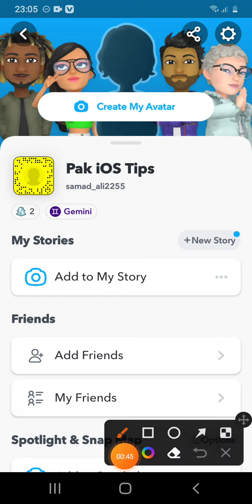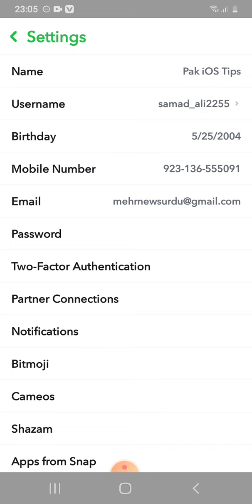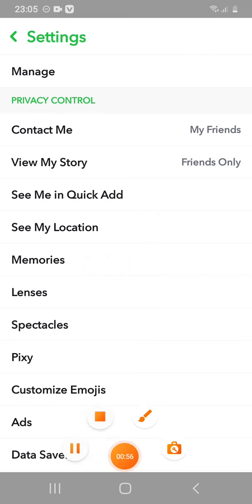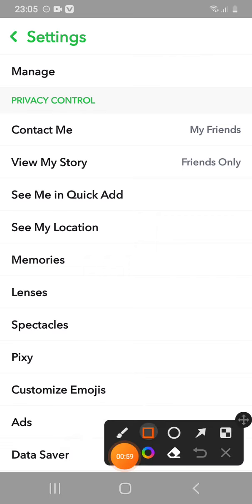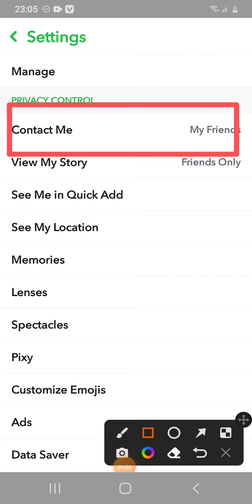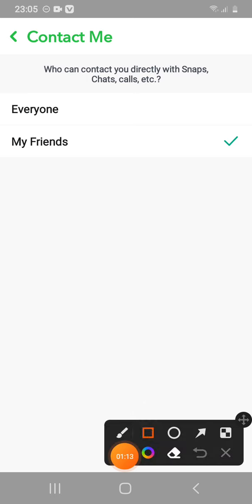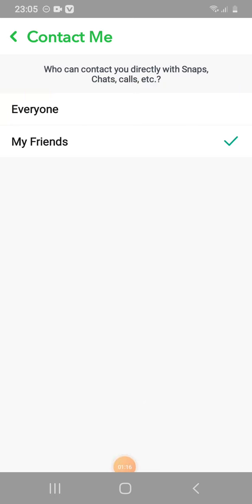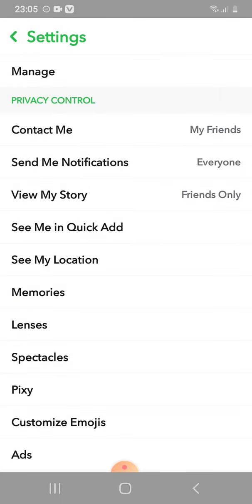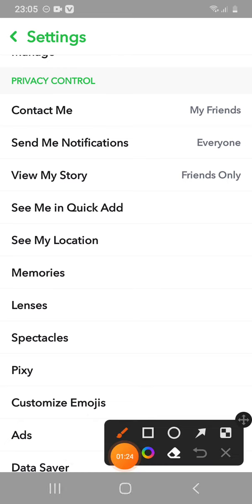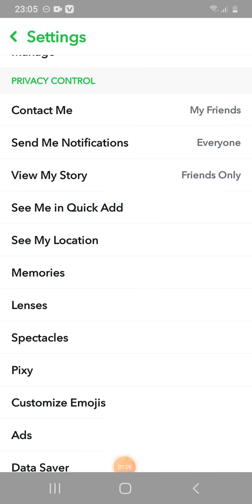Open this settings option, and you can see a lot of options. Scroll down and you can see the option of contact me. Click on this contact me, and here you can see two options. First is everyone and second is my friends. Click on the first option, select everyone and go back, and again you can see the second option is view my story. So click on this view my story,